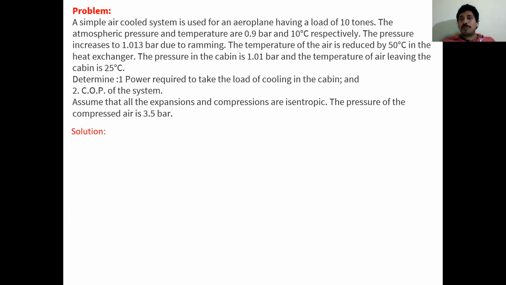So I am going to prepare the TS diagram for this problem. See, all processes are isentropic, theoretical, clear. So compression and expansion processes are isentropic. But in another way also we can identify. In the problem, there is no efficiency value for compression and expansion. If I am getting efficiency, automatically we will move to the actual process or actual cycle. But here they mentioned isentropic.